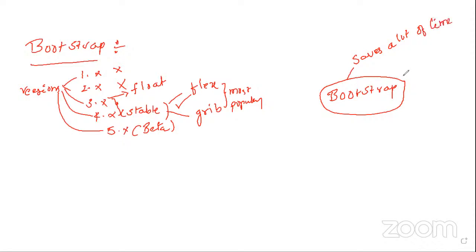Why? Because if you are building any web page from scratch using HTML and CSS, you have to build everything from scratch. But if you are going for Bootstrap, it has ready-made classes, ready-made components and ready-made plugins. By using them, if building a web page with HTML and CSS takes five hours, with Bootstrap you will be able to complete it within 50 minutes. There is a huge difference in building a web page using Bootstrap.